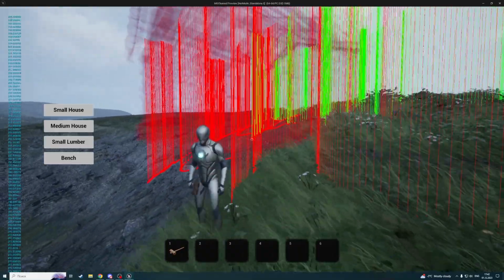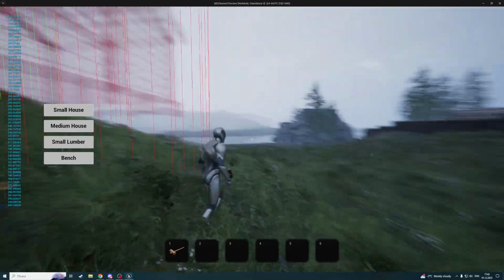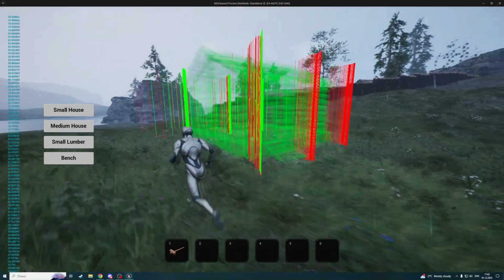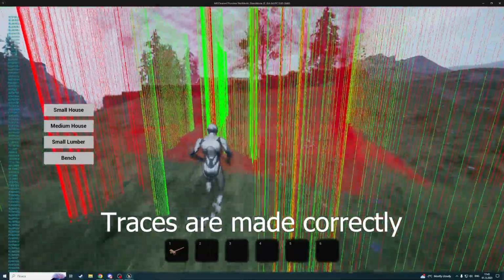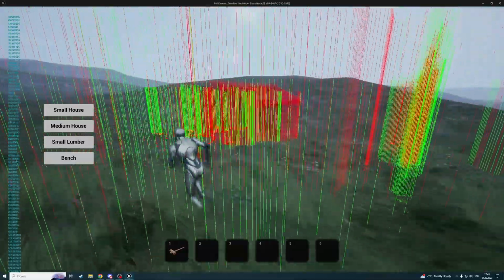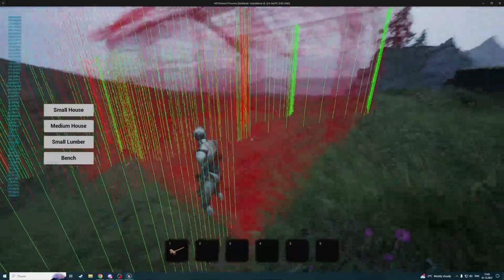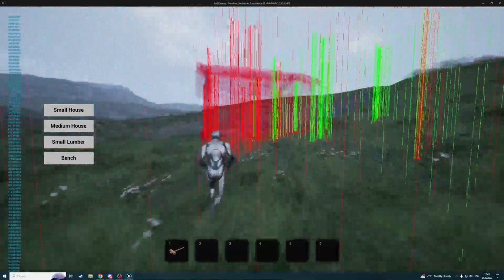Here it finds a very long distance, but looks like it makes trace from a very high location. Okay, by the way, it works,